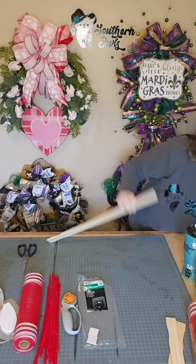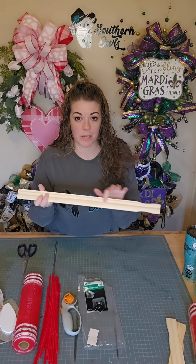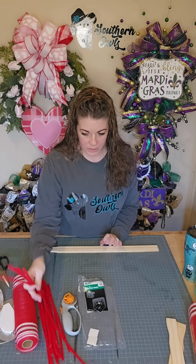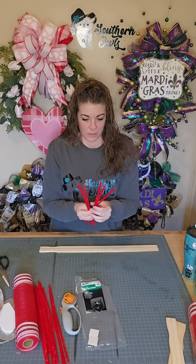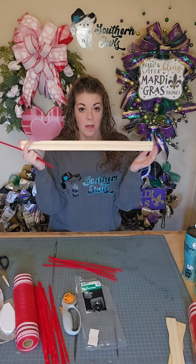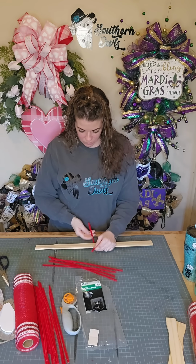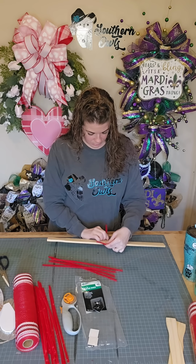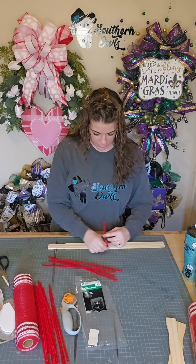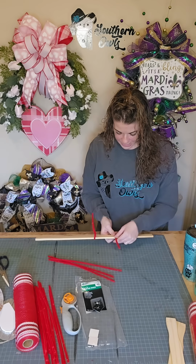And the cool thing is all of these have the numbers. They're the measurements, right? So we're going to take 5 pipe cleaners and we're going to leave them long, okay? So 5 pipe cleaners, and you're going to want to find the middle of that 21-inch paint stick, okay? So once you find the middle of it, you are going to wrap that first pipe cleaner around, and you're going to measure down 3.5 inches,